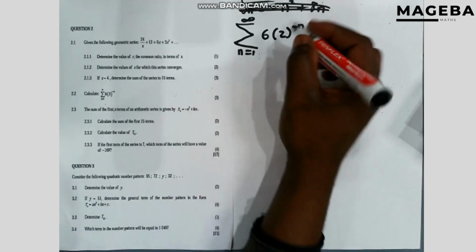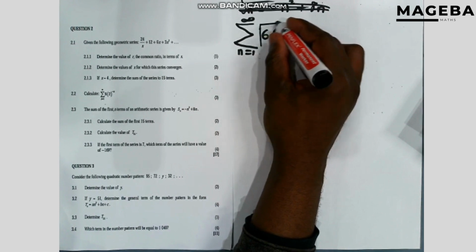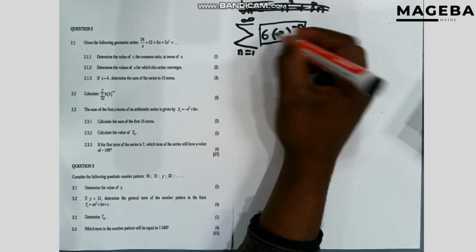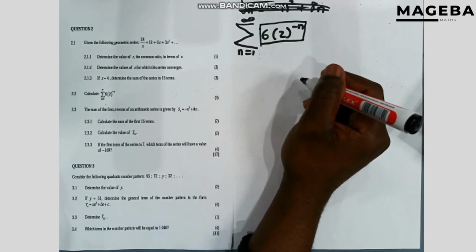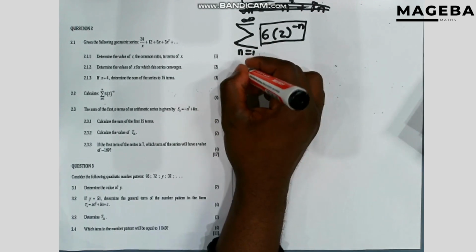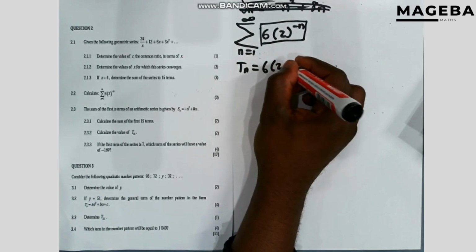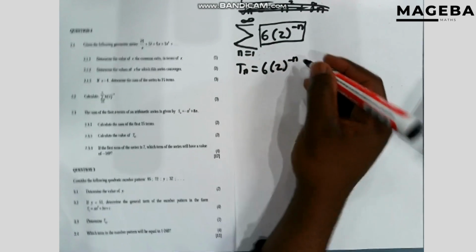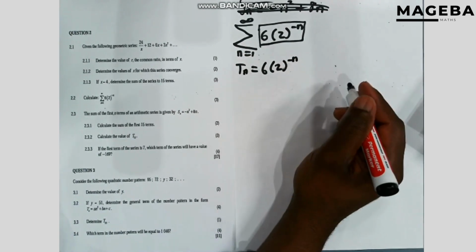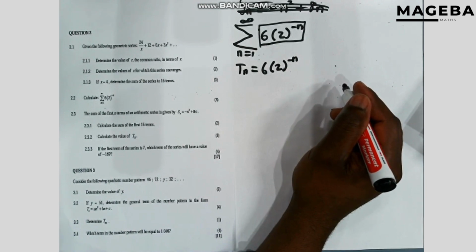So here, this thing that is here is usually our Tn, which is our formula. So this Tn, which is 6 into 2, then into negative n, we need to find at least 3 terms,